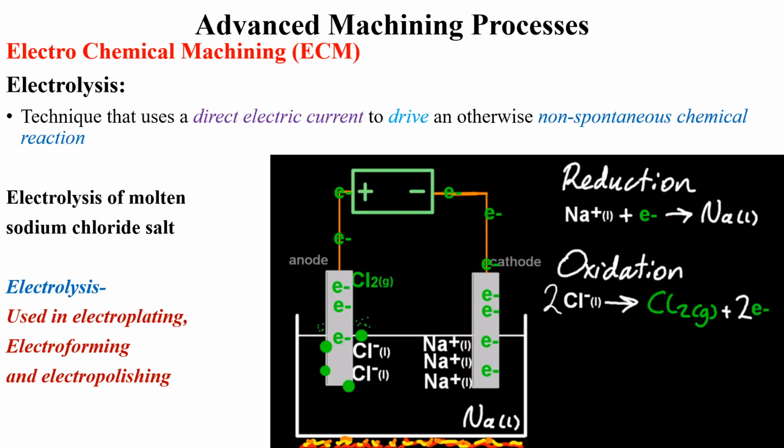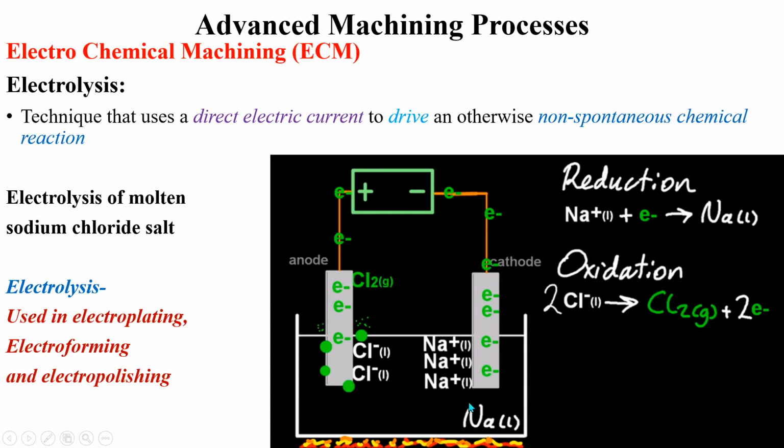in machining, plating, etc. For example, we will consider the electrolysis of molten sodium chloride salt. We know that solid sodium chloride salt is a non-conductor, whereas in its molten state it can conduct electricity because it contains the charge carriers, that is sodium and chlorine ions. So here we have the basic schematic of the electrolytic cell in which the electrolysis of the molten sodium chloride salt takes place. Here we have a container or a bath in which the molten sodium chloride is present.